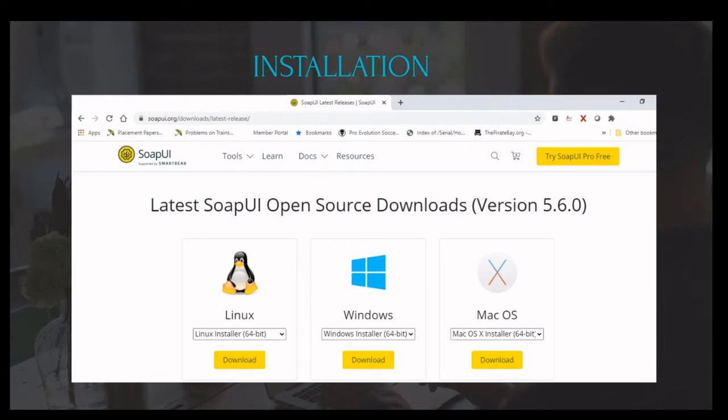This is the URL from where you can download it. It has two versions, one is the pro version and another one is open source. Today I am going to use the open source version. From this URL you can download the version of SoapUI as per your OS. It supports Windows, Linux and Mac OS also.